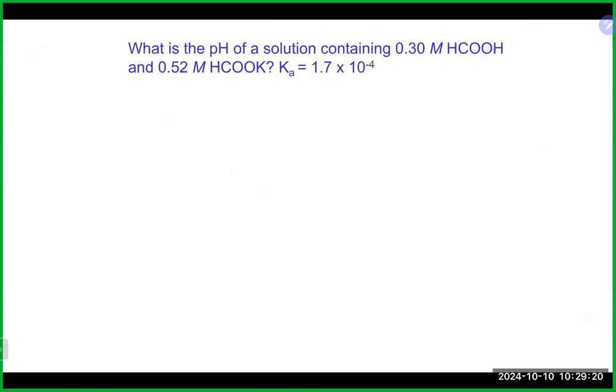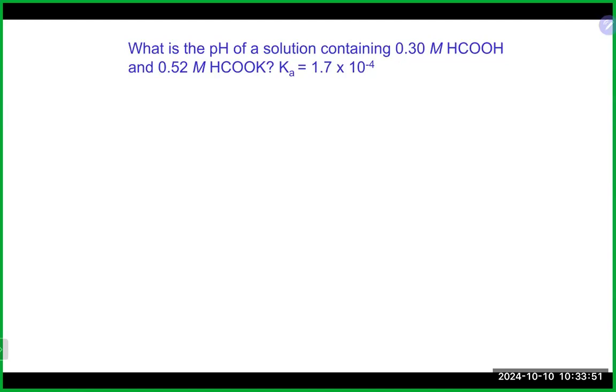All right, so let's try one here. What is the pH of a solution that contains 0.3 molar formic acid with 0.52 molar potassium formate? Ka value there, 1.7 times 10 to the minus 4. Okay,